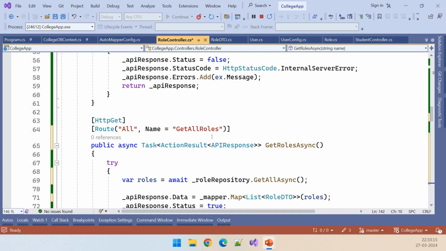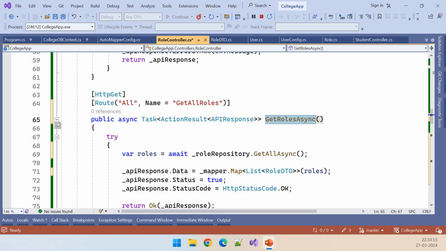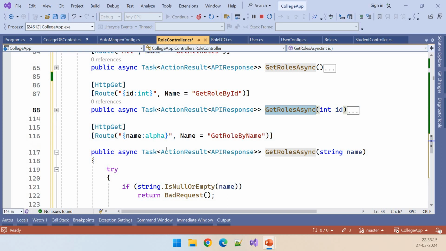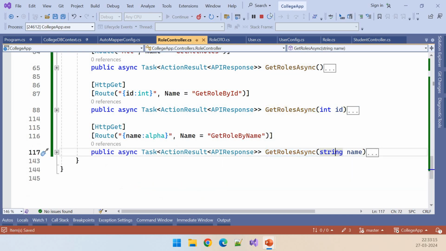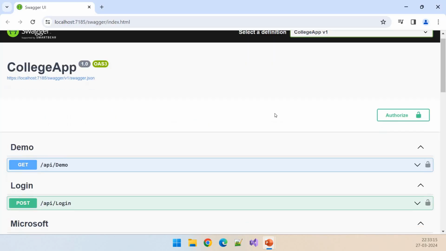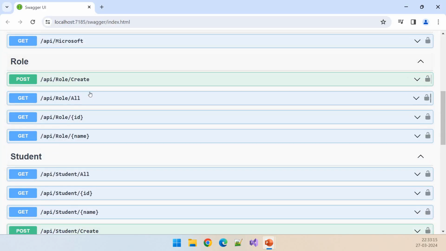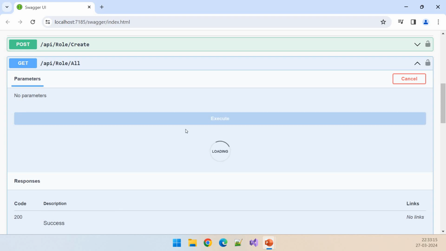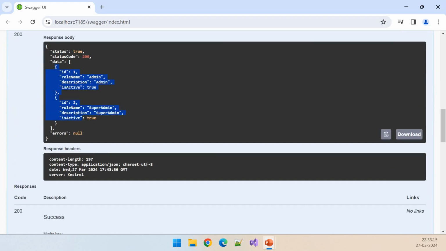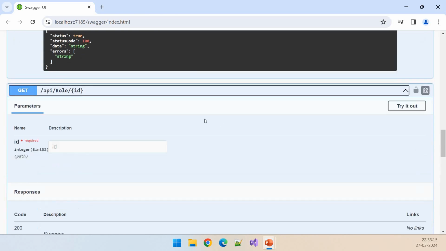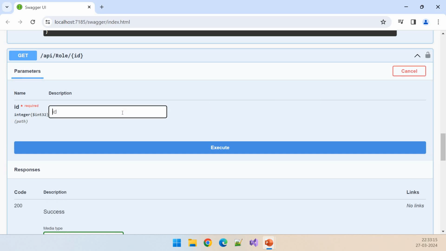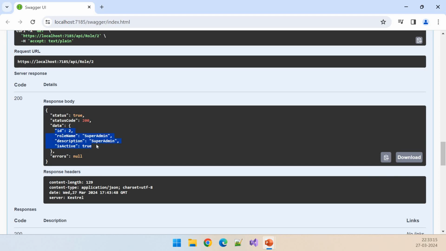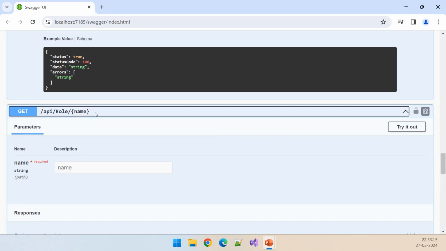So here we have written three methods. First method is to get all roles, and next method is to get role by ID, and next method is to get role by name. Okay, let me rerun this. So here is the role controller. Let's click on this all. We can see all the roles. Let's test this role by ID. Try it out. Let me put to execute. We can see the second role ID, and let me test this role by name,